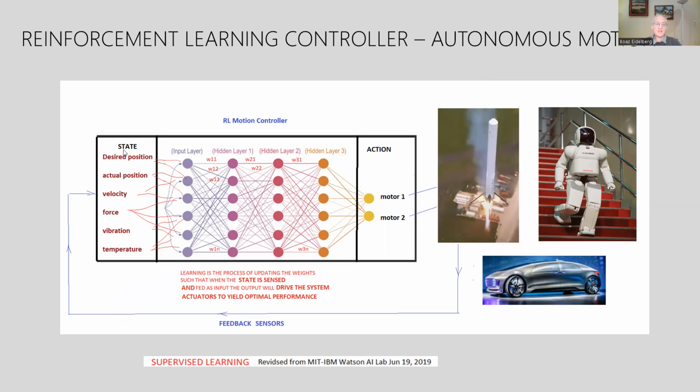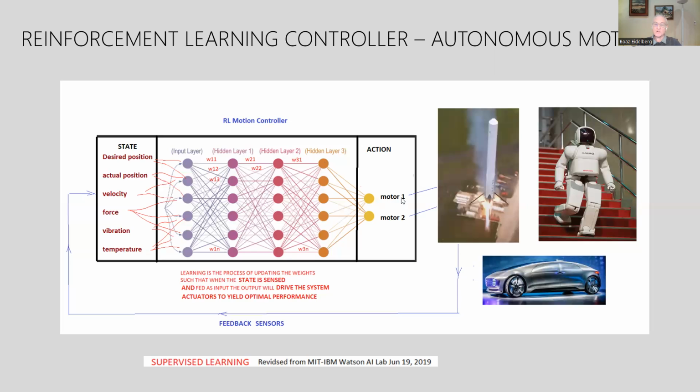The inputs are actually states, like, for example, desired position of the robot or the rocket or the car, actual position, velocity, force, vibration, temperature, all are being fed from the system as the feedback sensors, exactly like in a PID system. But then we have hundreds of parameters, the same as in supervised learning. And after we optimize all these weights, the so-called tune them, then the action is going to be